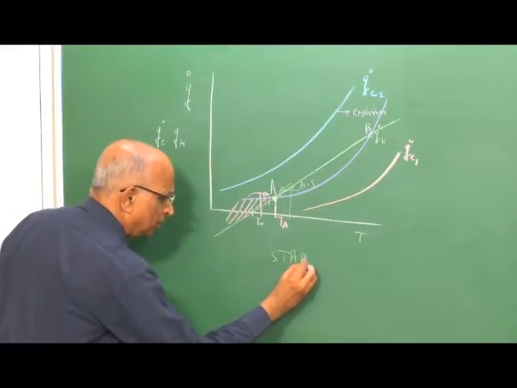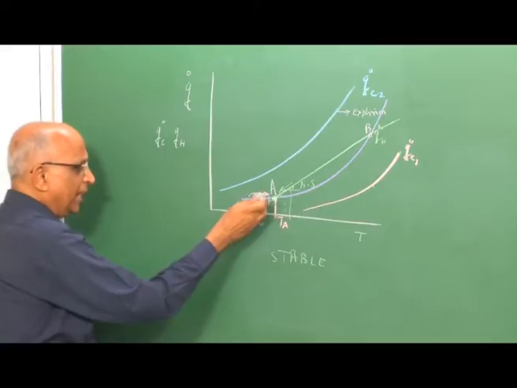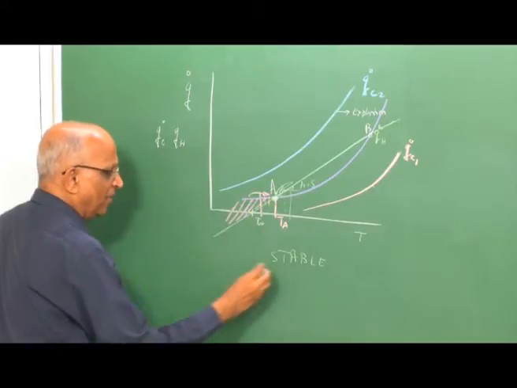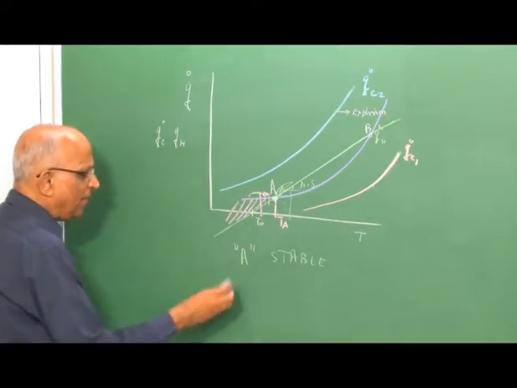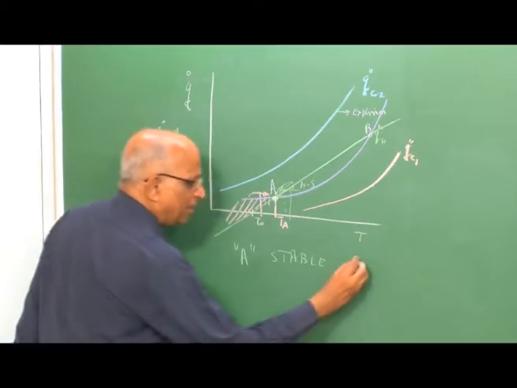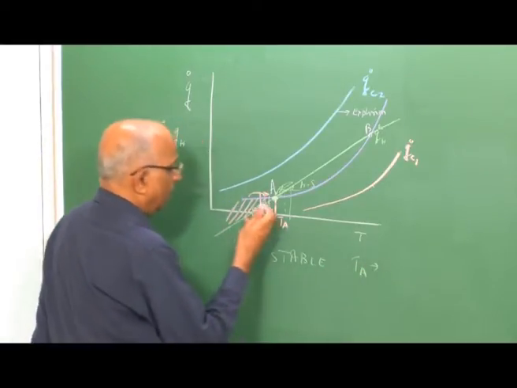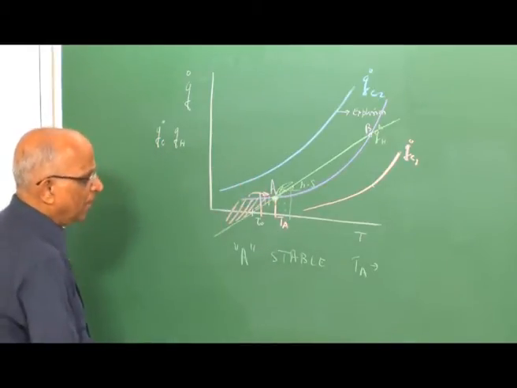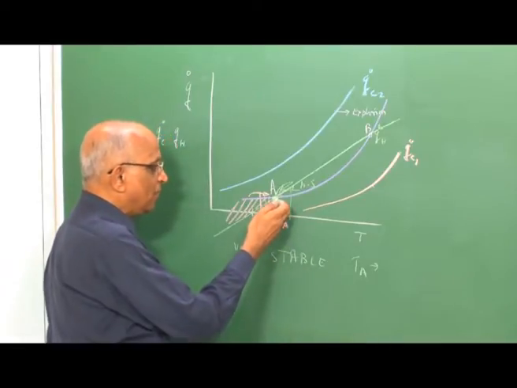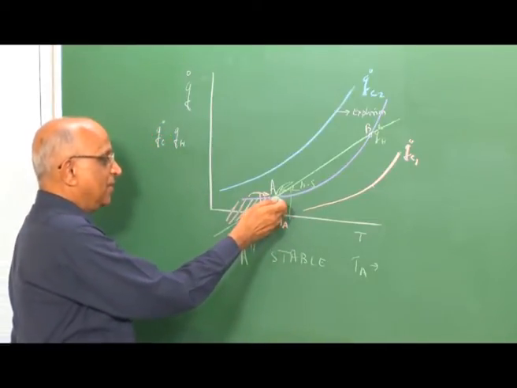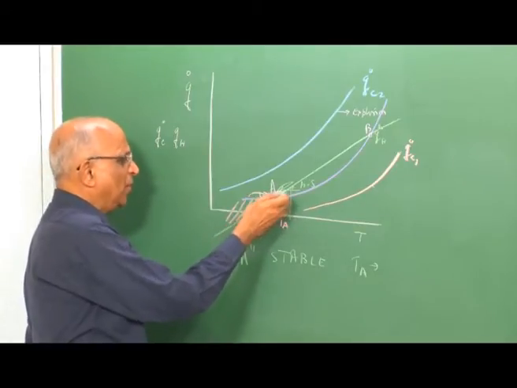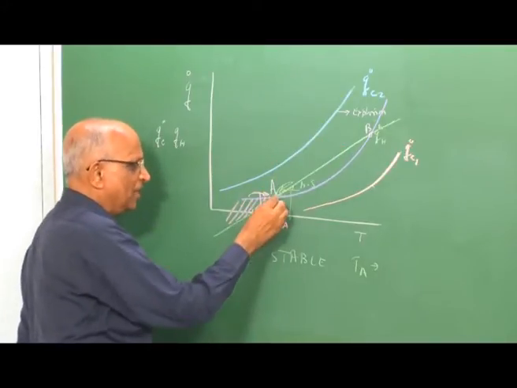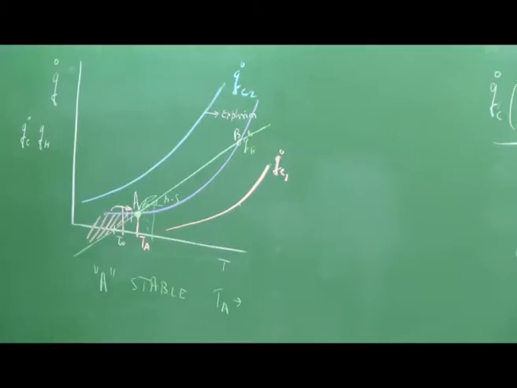What do you mean by stable? Any perturbation, any change about this point always leads it back to this particular point, and we say point A is stable. When I say point A is stable, the temperature T_A is such that the given volume cannot explode, because it is always going to be at the same temperature. And this is what really happens. If I consider a mixture of gases in a given volume, such as hydrogen and oxygen at room temperature, whatever you do, it does not really change its initial temperature. It cannot go to higher and higher temperatures, and therefore we say it is a stable temperature.